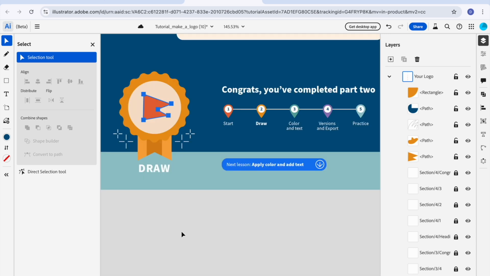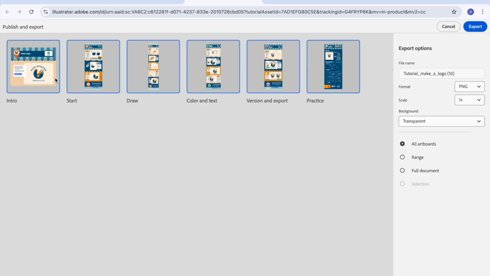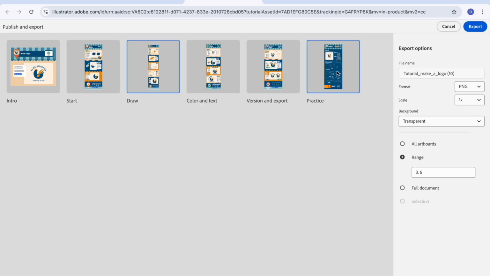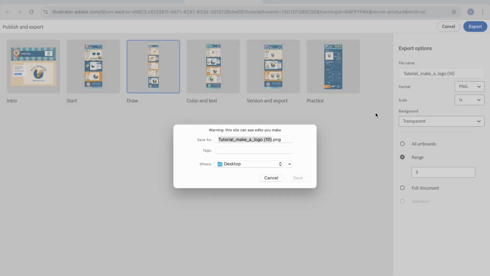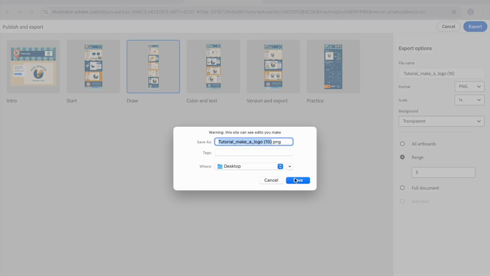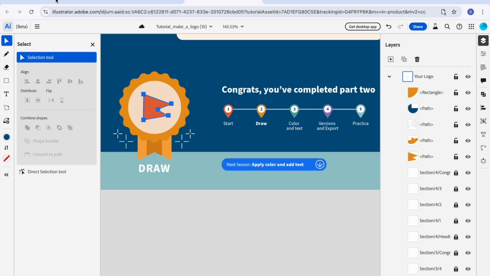And we completed part 2. So I'm going to go ahead and save the day. Then we're going to go ahead and export it. Three bars, export as, uncheck everything but draw, hit export, make sure it's on your desktop, save it, exit out of full screen,